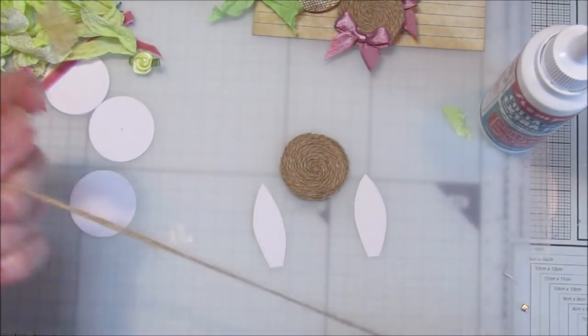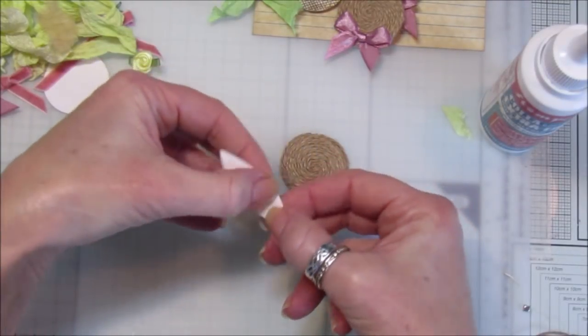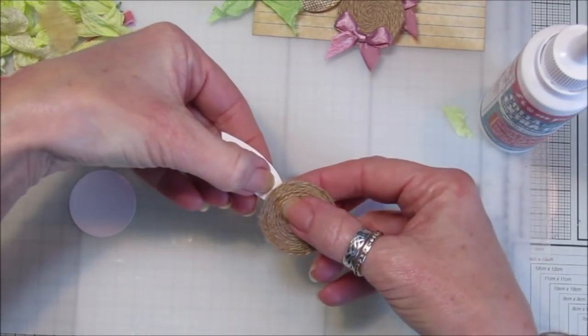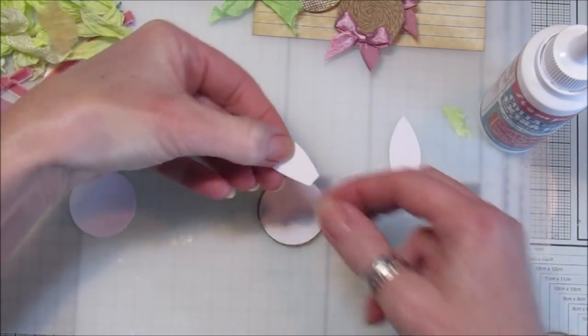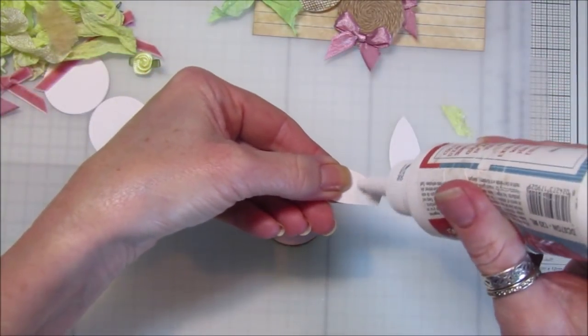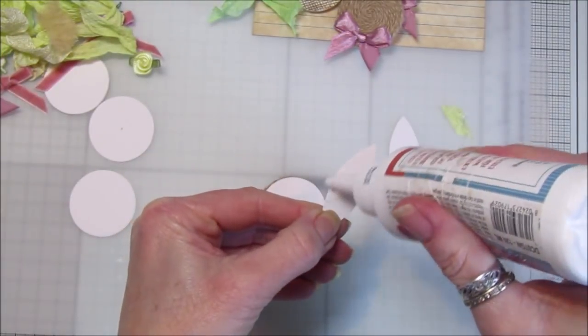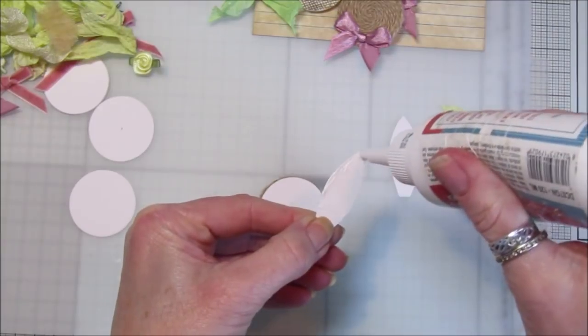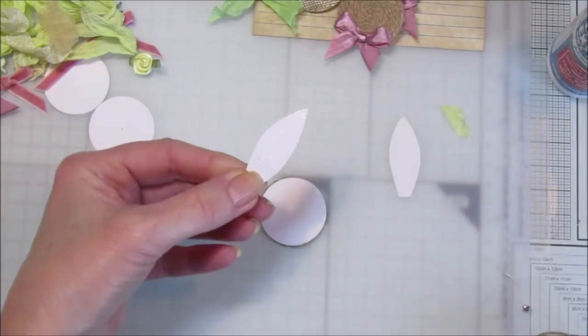Let's get some string. Now you don't want to go all the way to the bottom, because this bit like that, that's the bit you want to stick on. So you don't want the string all the way to the bottom. So what I'm going to do, I'm going to put a bit of glue there. So that's roughly how far we want to go. And then you want to just put a nice lot of glue on there. And then we will